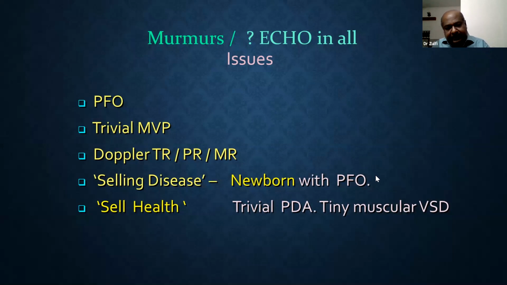Another thing: yesterday we had a baby who had a murmur. He had a patent foramen ovale, a closing PDA because the child was only a 3-day-old baby, and a really tiny mid-muscular VSD. So you can always sell this as disease: your baby has a hole in the heart, 3 holes in the heart, at the atrial level, at the ventricular level, and the great vessel level. But don't do that. You have to sell health. As Dr. Taragan, who is one of my mentors, told me, always try to sell health. So you can tell them what it is.